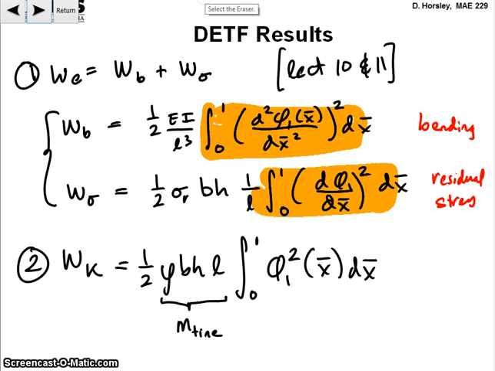Okay, and the last integral is just the integral of the mode shape itself squared. So we've got these three integrals. We integrate the mode shape squared, we integrate the first derivative squared, and we integrate the second derivative squared to calculate these things. And this is generic, basically, for any mode shape we can do this. So I'm going to write down what the numerical values are for the particular mode shape that's given in the